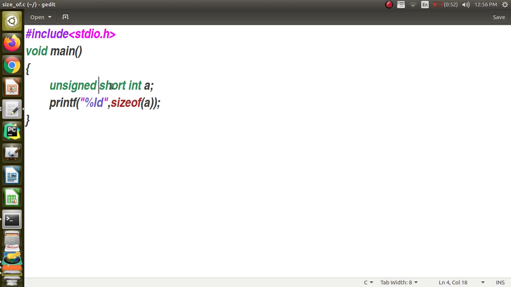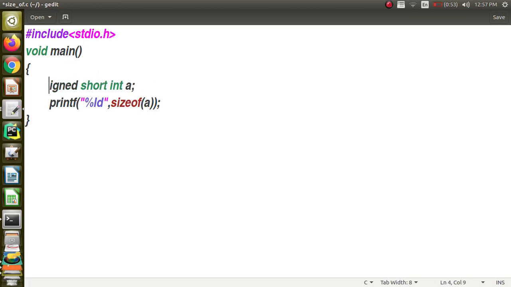But when I say unsigned, when you are very sure that you will get only positive values, or that only one type of sign is going to be there for the value, we can go for unsigned. The variable is not going to have the other sign. In that case, for short int, 2 bytes will be allocated, so totally 16 bits, and all 16 bits will be for storing the data. There is no reservation of a bit for the sign. That is the difference between signed and unsigned. If you are not mentioning anything, then by default it will be a signed value.